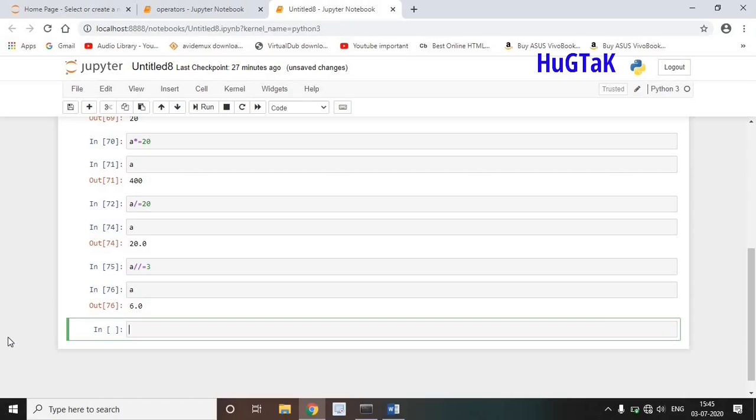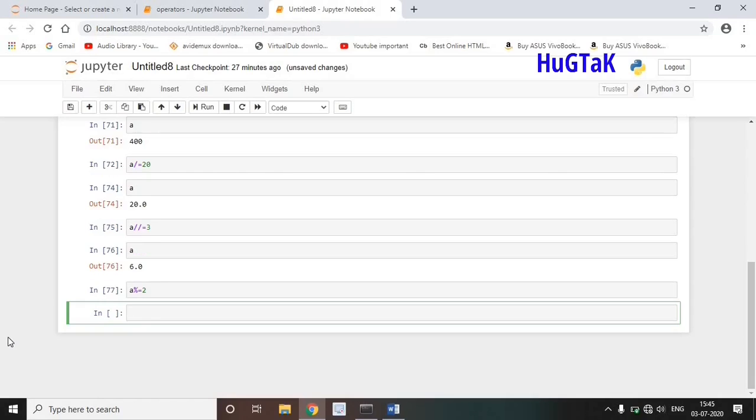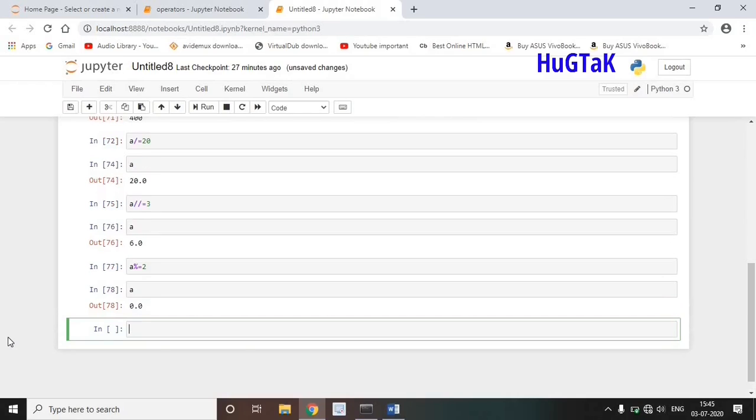The next compound assignment operator is modulus. A modulus equal to 2. The modulus operator considers only the remainder part and discards the quotient part. Let's run A, and the remainder is 0 because 6 divided by 2 is equal to 3, and the remainder is 0.